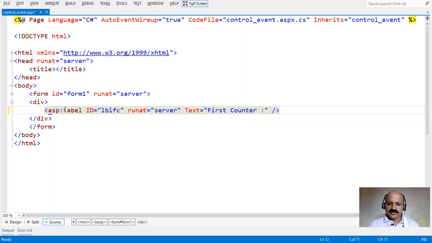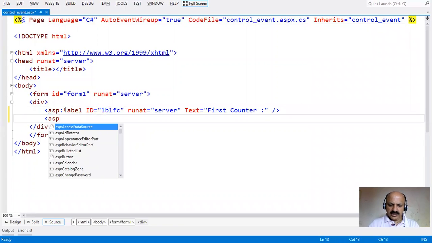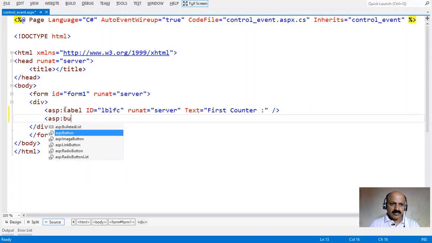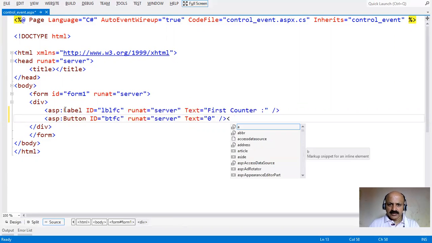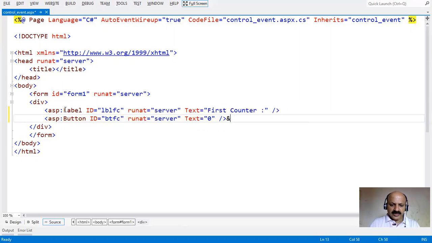Take one button, asp:button id btfc, first counter, runat server side, and text is 0, and provide ampersand nbsp. That provides the single space. You have to know in HTML, nbsp.